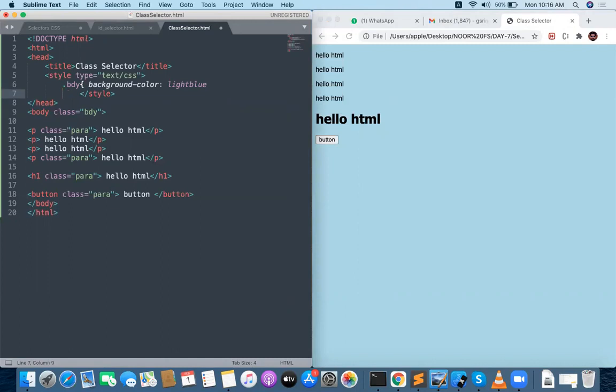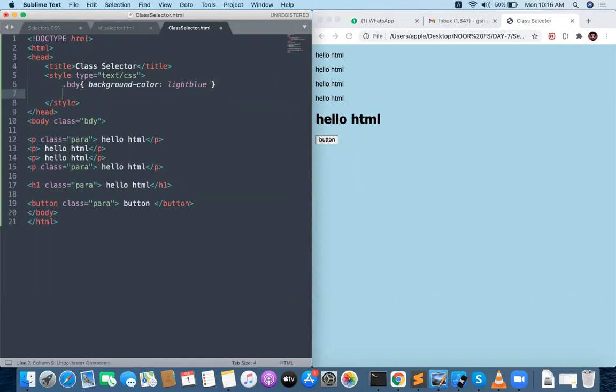For all the classes, I want to apply one style. So only one class we will be having now, that is called para. Dot para you need to represent in CSS. Dot para, background color will be something like orange again, and color will be white. So what I am providing is for all the para-related classes.